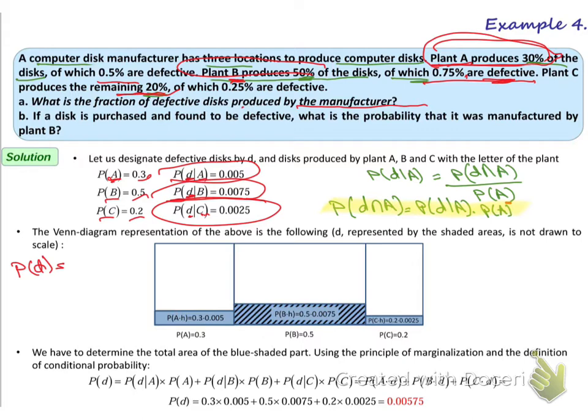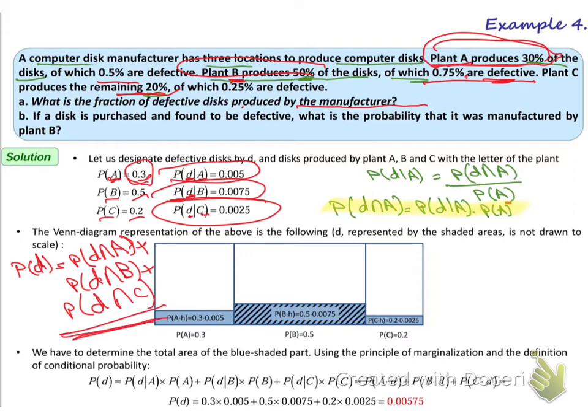But we have to multiply each one of them by its ratio, its percentage. Otherwise, we have to use the general rule, which is that the probability of D will be the probability of the intersection of defective with A, plus the probability of the intersection between defective and B, plus the probability of the intersection between defective and C. We have two ways: either to use the probability of the intersection between D and A, defective and factory A, defective and factory B, defective and factory C, or if we want to use the given formula,